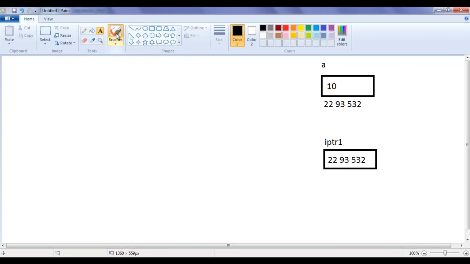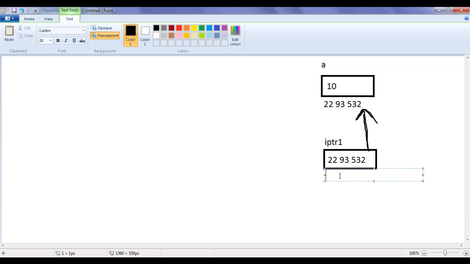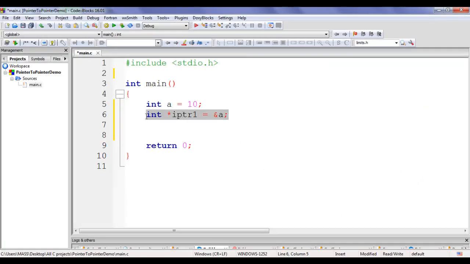And we know that once we store address inside a pointer variable, it starts pointing to that memory location. iptr1 starts pointing to the memory location which has the address 2293532. The actual address of iptr1 will be 2293528. That's what happens when this line of code is executed.